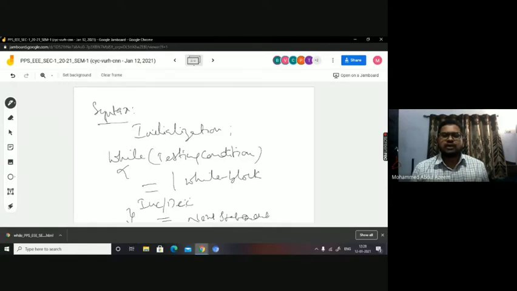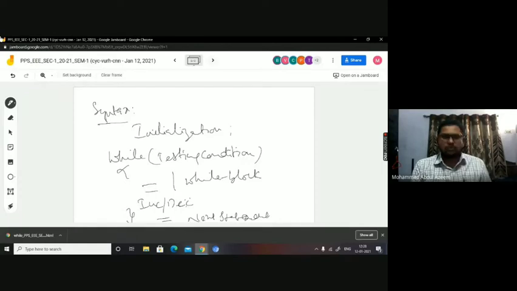After that, you go back to test the condition. If the condition is again found to be true, you will be allowed inside the while block again, where the while block instructions are executed. Then again increment, decrement, and you go back to test the condition. How long will you be in a loop of this kind? Until the condition is false. When the condition is false, you will come on to the next statement.